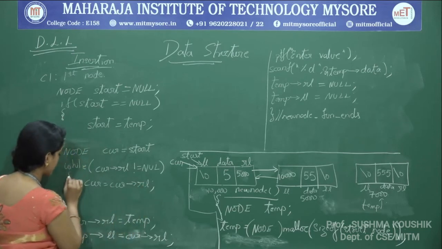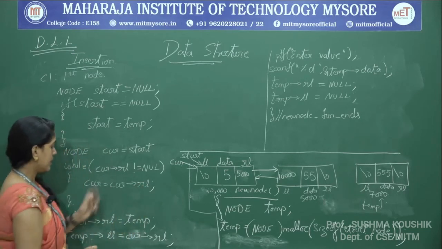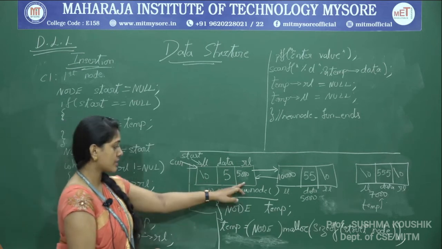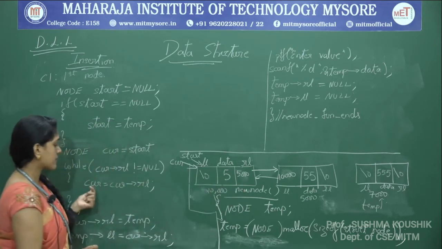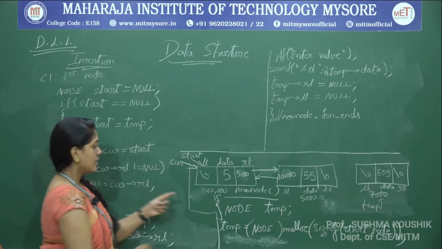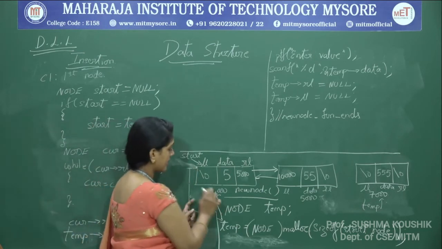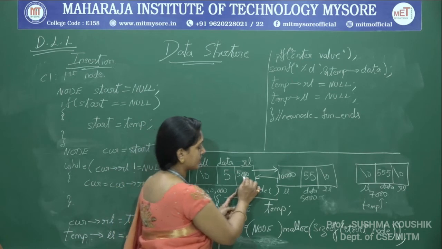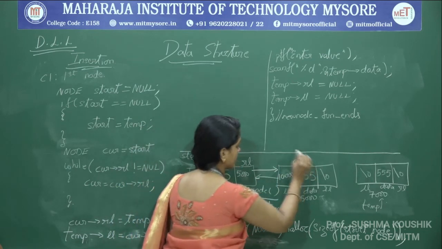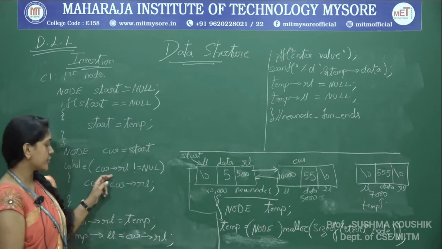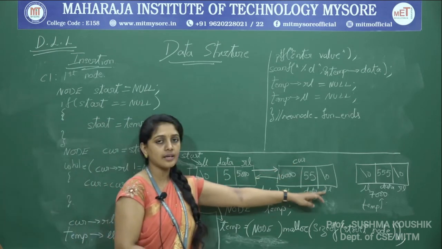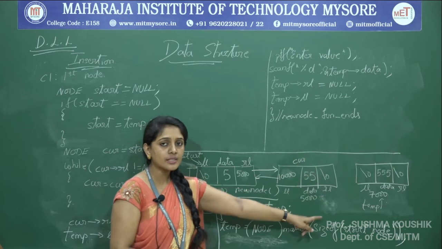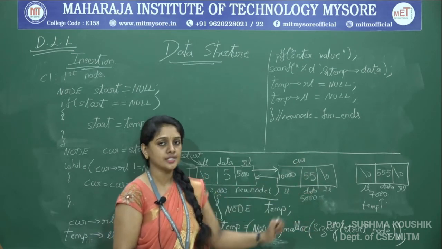So we will just check with this. While current of RL is not null, yes, current of RL is not null. So come inside and traverse: current is equal to current of RL. So current is no more here. Current equals current of RL, which is 5000. Therefore current is over here. And now coming again, checking current of RL is not equal to null. No, current of RL is equal to null. So we got the position where we have to do the insertion.